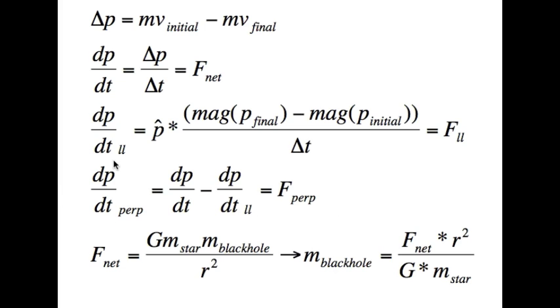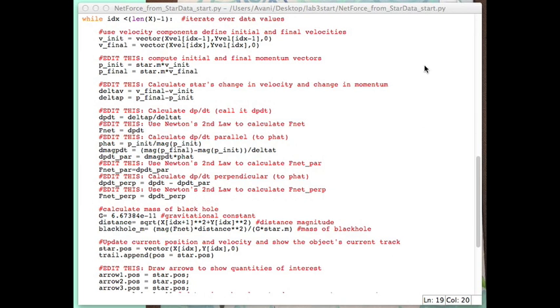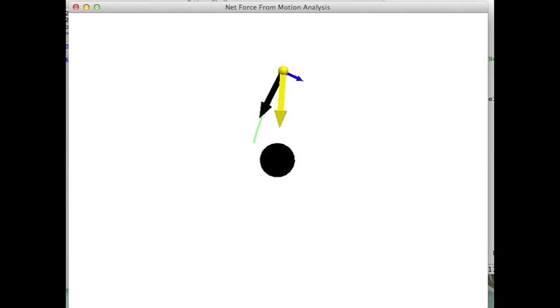These values were again solved for in each position by iterating through a while loop. This includes the v initial and the v final, the momentum initial and the final momentum, the delta v and the delta p, as well as the Fnet, the F parallel, the F perpendicular, and the corresponding dp/dt parallel, perpendicular, and dp/dt total. With the yellow arrow being Fnet, the blue arrow being F perpendicular, and the black arrow being